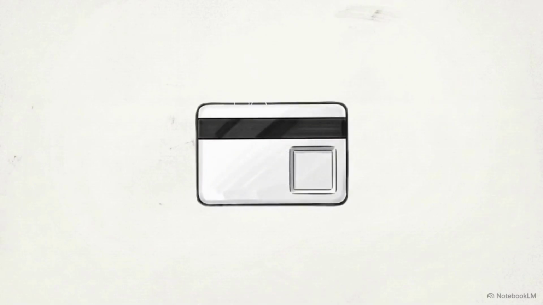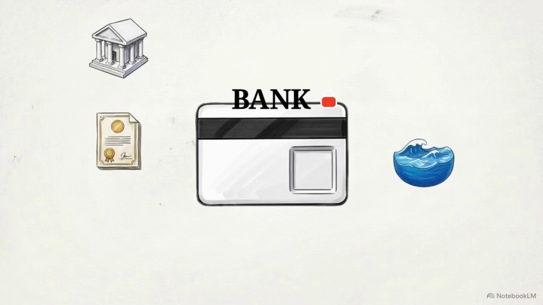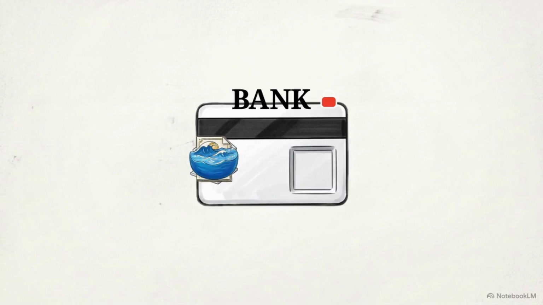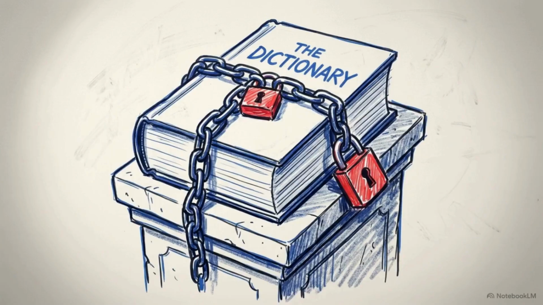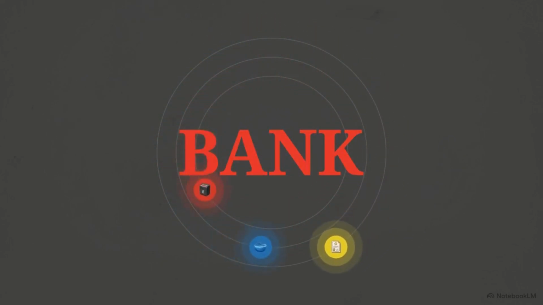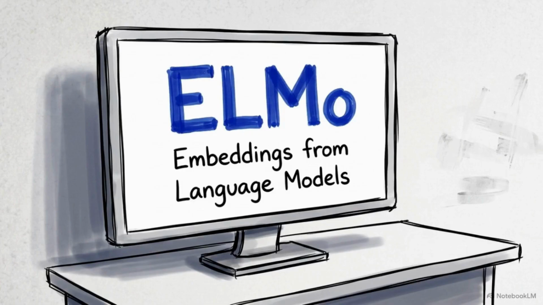The problem was that they used what is known as a static embedding. Think of this like a permanent ID card assigned to every word, and that ID card never changed. Because the machine only had one ID card for bank, it blended conflicting meanings, like financial loans and muddy water, into a single confused representation. These systems treated language like a rigid dictionary, ignoring how the words around a sentence actually dictate what a word is supposed to be.